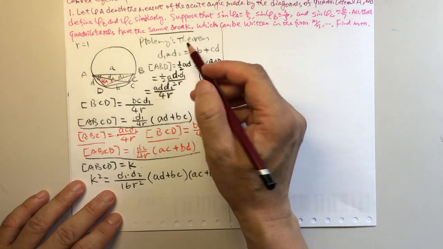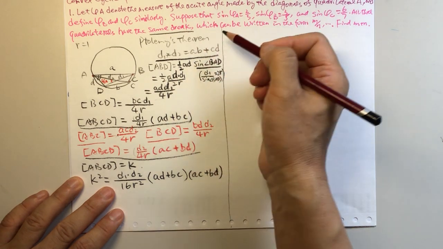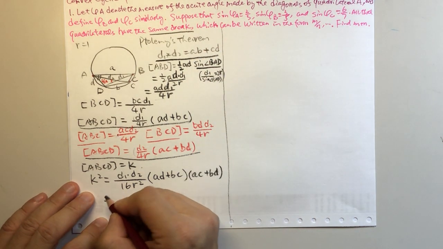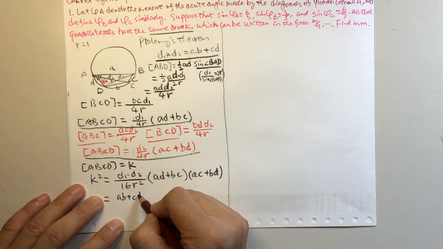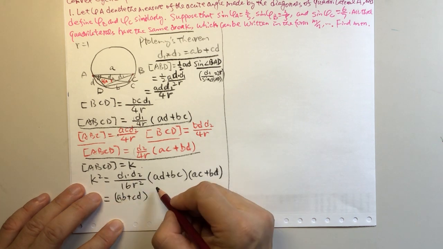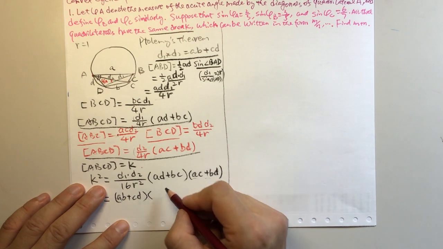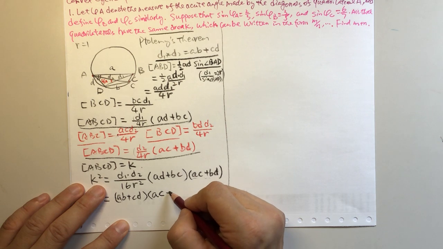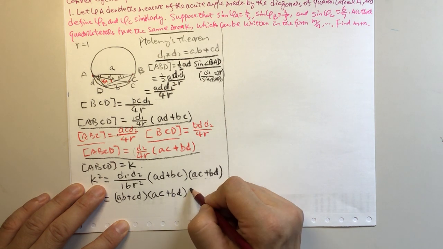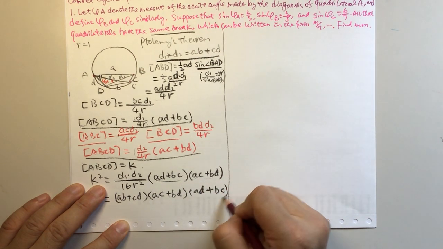And from Ptolemy's theorem, we know D1 times D2 equals AB plus CD, so we will get this one, AB plus CD, that's D1 times D2, then times AB, AC, AD,